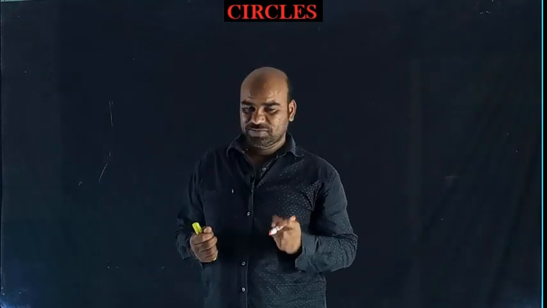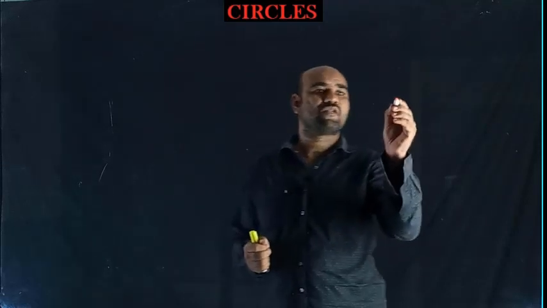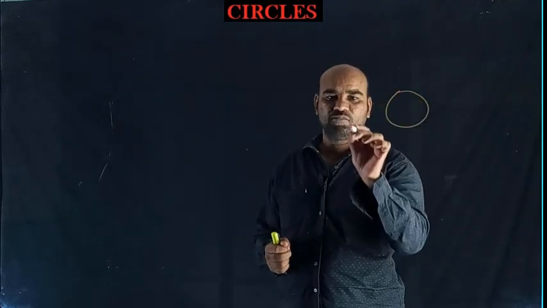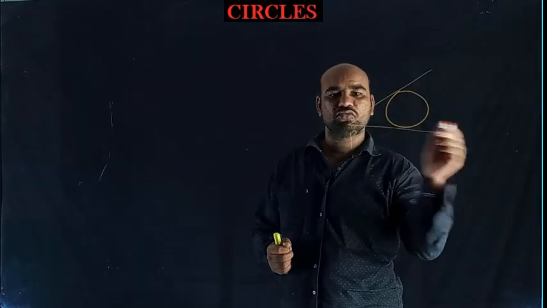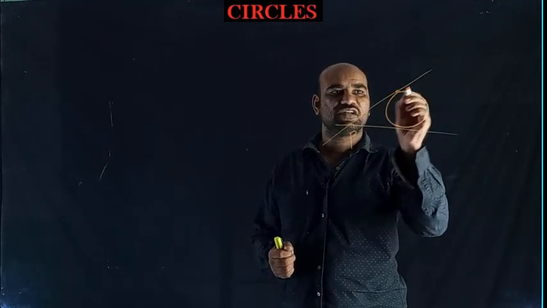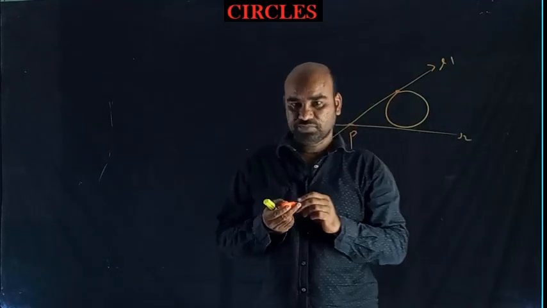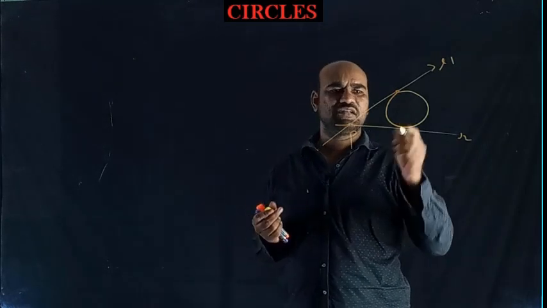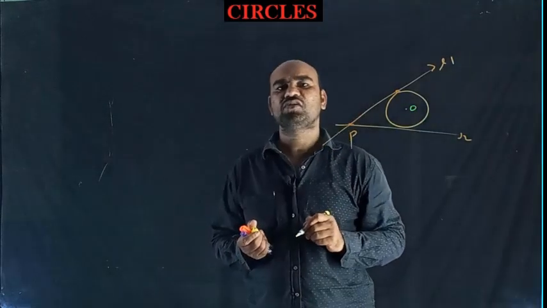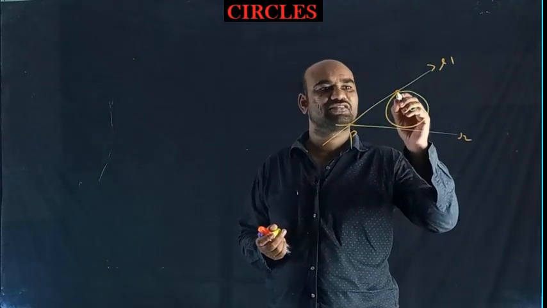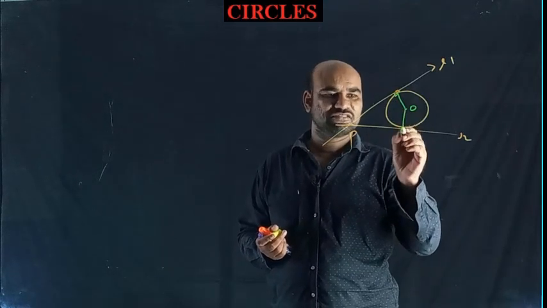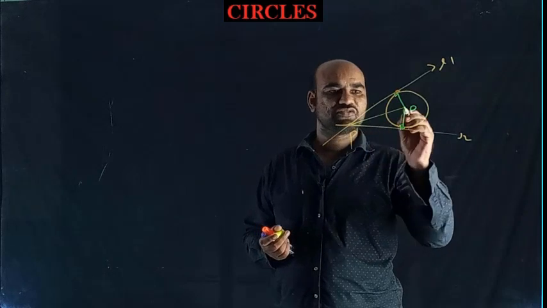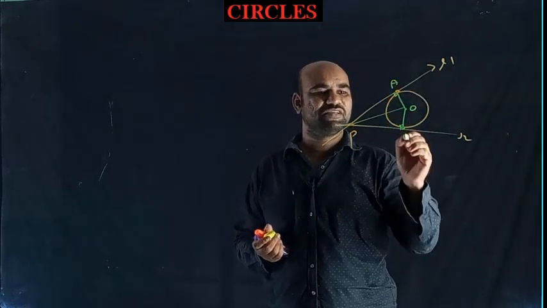Sometimes you want to find the angle between those two tangents. This is the circle, P is an external point. Through this P you can draw infinitely many lines, but among those only two are tangents, say L1 and L2. The basic theorem says that the tangent is perpendicular to the radius drawn through the point of contact. This is the radius, this is 90 degrees. So at the points of tangency it should be 90 degrees. Join these two points, so this is A and B.